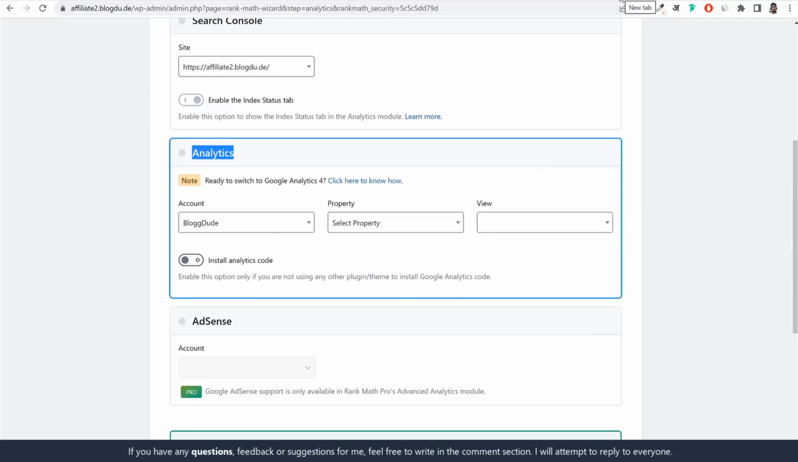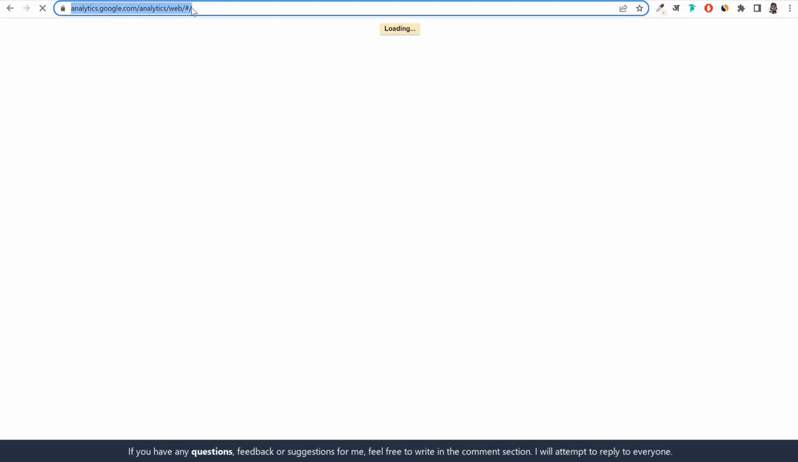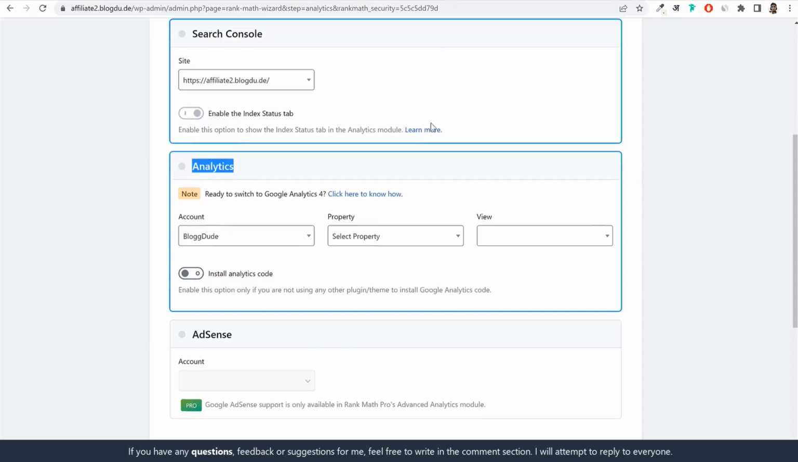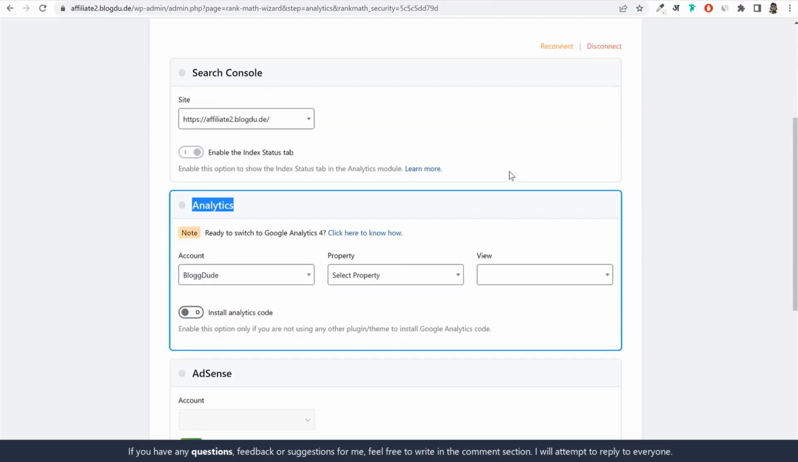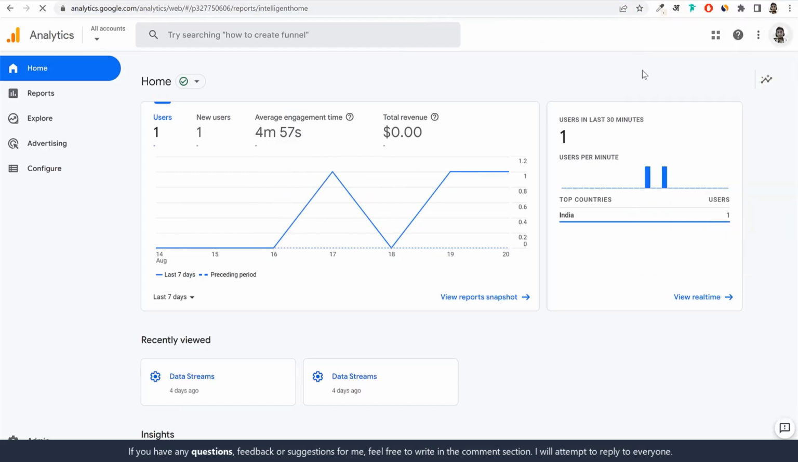For that, go to Google Analytics. So basically go to analytics.google.com. Enter this link, analytics.google.com, and log into your email address. Just make sure you remember the email address that you selected in your previous step. So I selected this email address, realnair@gmail.com. So I'll select